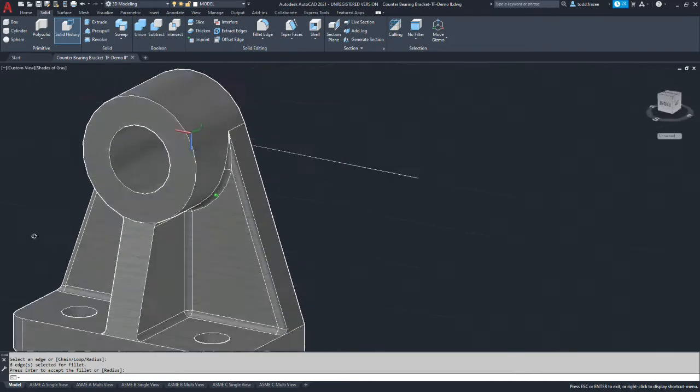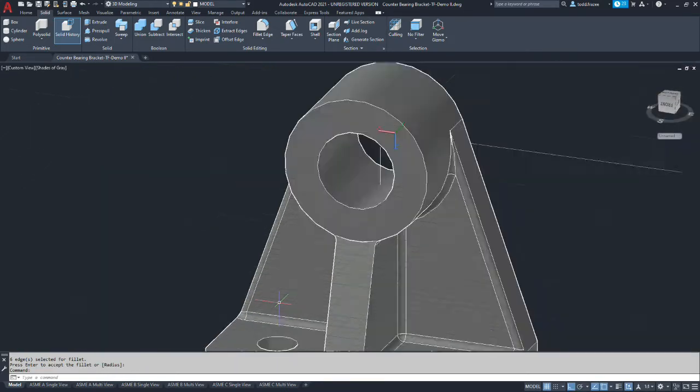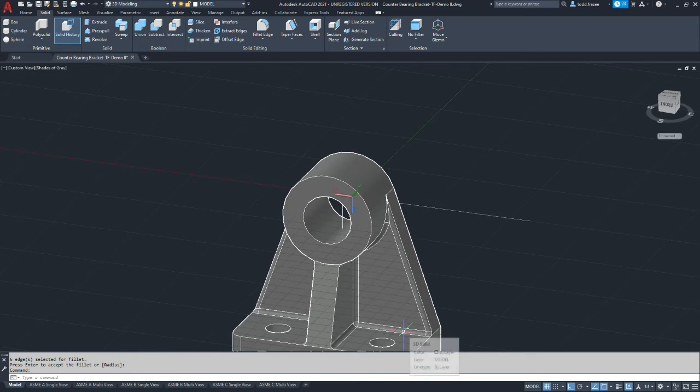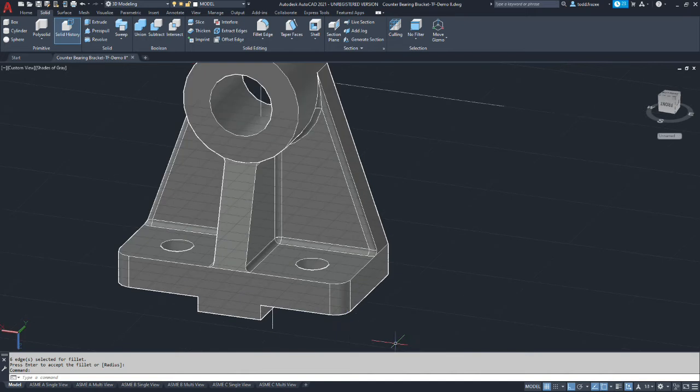Now there are times I've seen irregularities where perhaps you build a fillet on one side and it shows up on the other. The root cause of that is most likely how you developed your solid. You may have had intersecting geometry that caused that to happen.